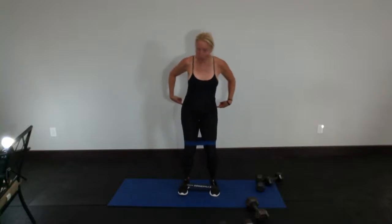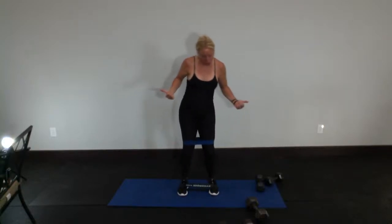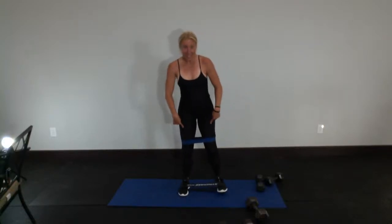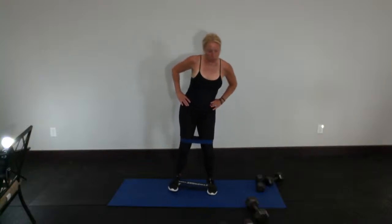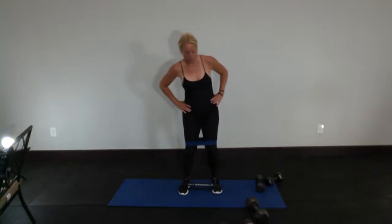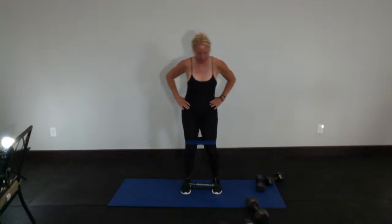Okay, I don't have any weight. I'm gonna focus on activating my glutes. Push, push, push. Slight bend in the knee. We're gonna do high repetitions of this one. 20 seconds, just do as many as you can in the 20. Here we go. 20, 19, 18,